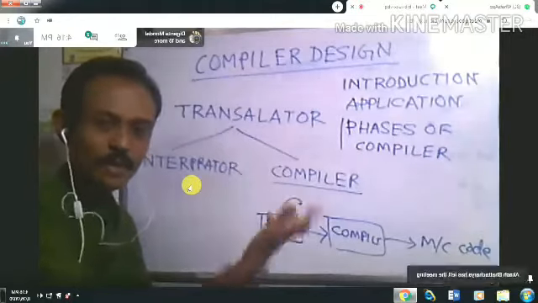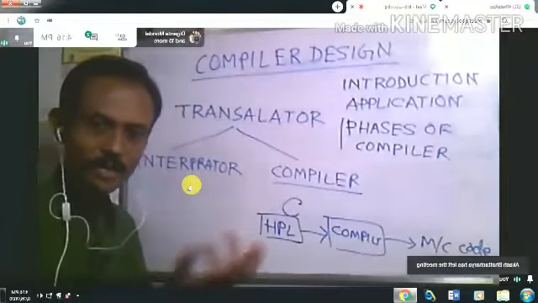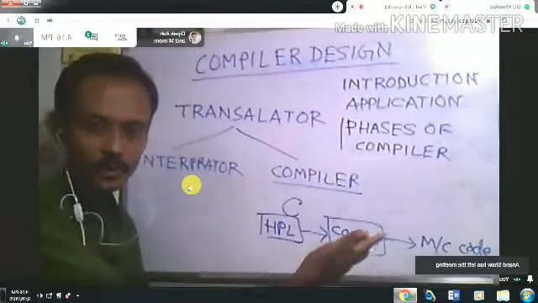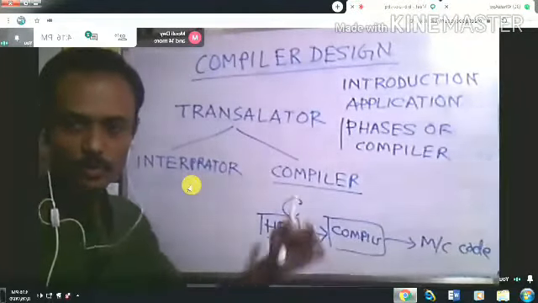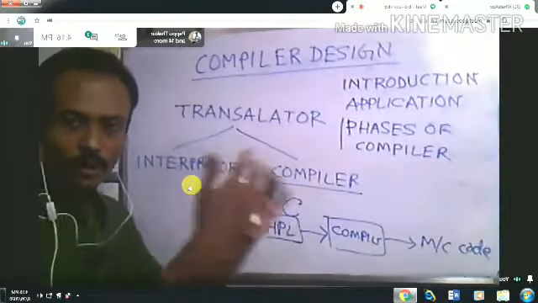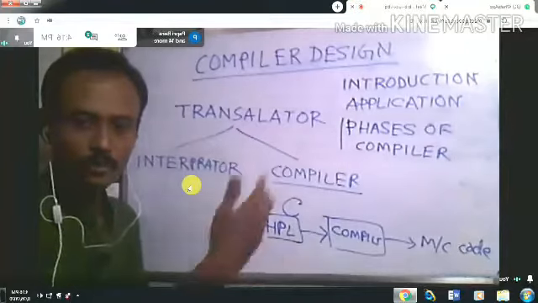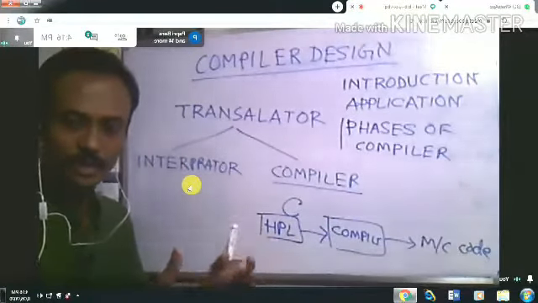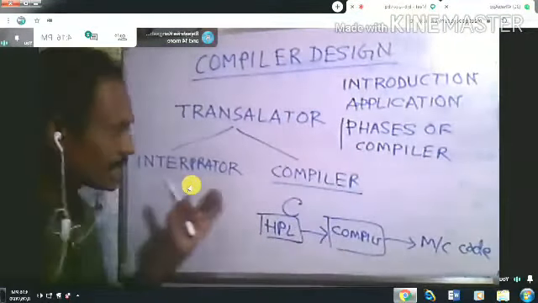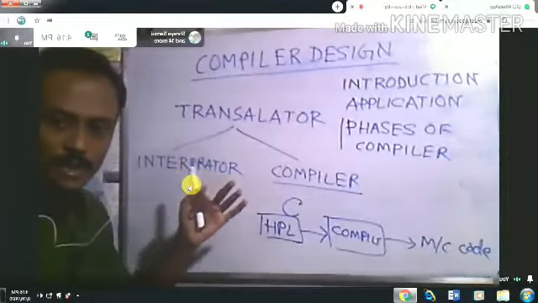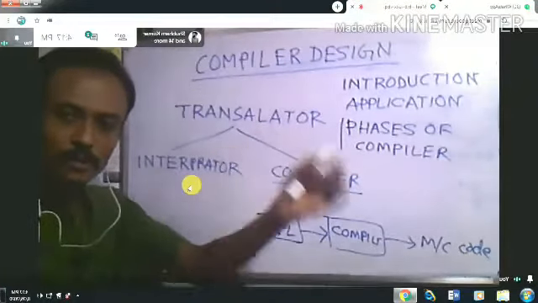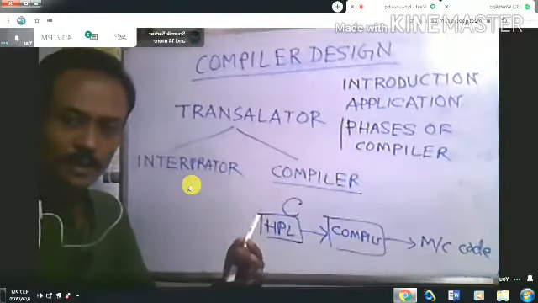That means a compiler is a system software, and the example is the C compiler. The C compiler takes the C program and generates the machine code, which is the executable code that will be executed in the system. Also you know that a compiler translates the high level program to machine level at a time, meaning the whole program is taken and converted into machine code at once. But an interpreter is also a kind of translator. It also translates one program to another type of program, from high level programming to machine code.